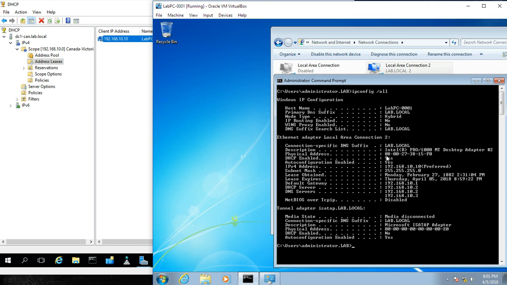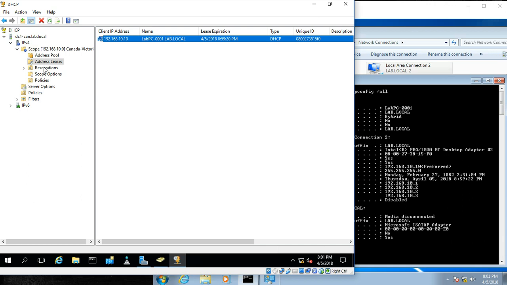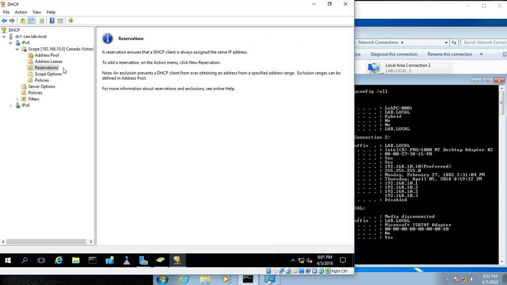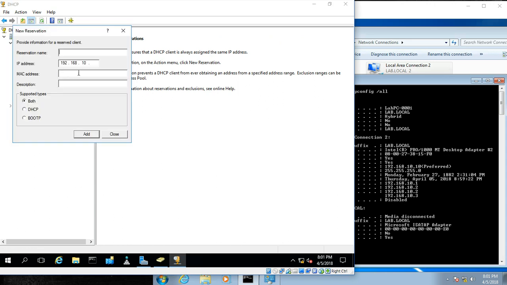You can do that by writing down this MAC address and then coming over to your reservation list, right-clicking, and choosing new reservation. Give it a name. I'll say, just for pretending, access point 1. And I'm going to give it an IP address, and it can be anything. It can be 99, it can be 6, as long as it's not being used already. So I'll leave it at 6, and now we need the MAC address,